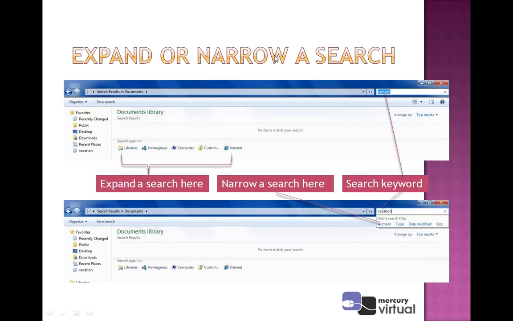It means you can expand or narrow a search for anything, right?